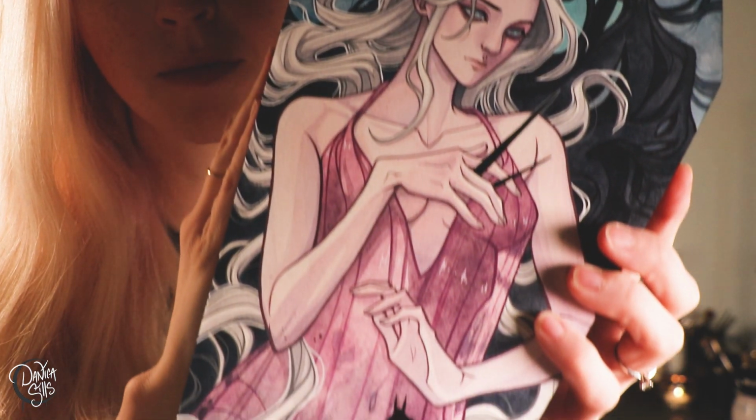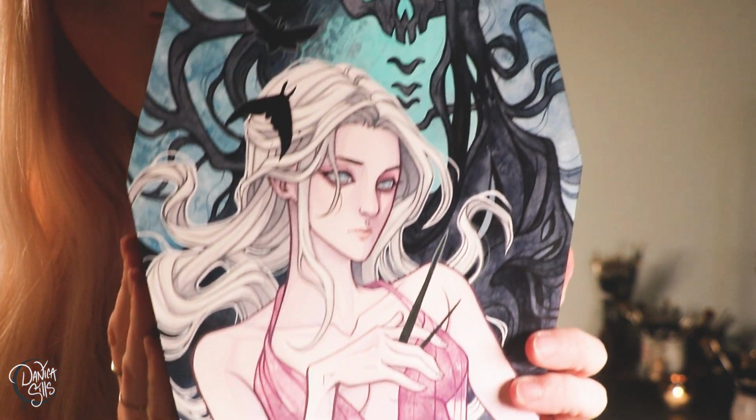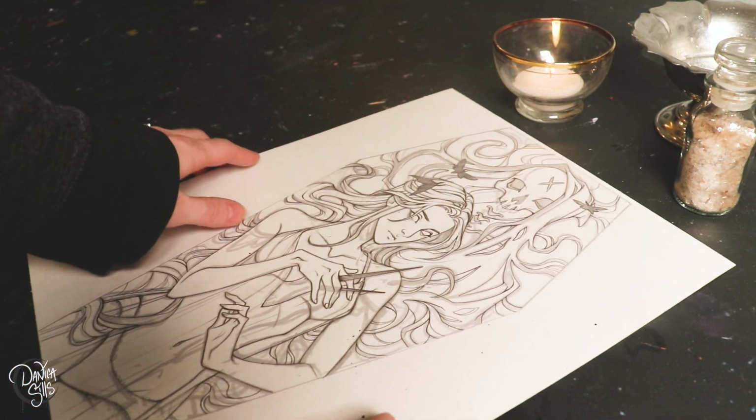Today I am working on a painting that I am so excited to show you guys. It's based off of a classical motif in art that I find absolutely fascinating. It perfectly aligns with what I like to paint, so I was very excited to create a painting specifically around